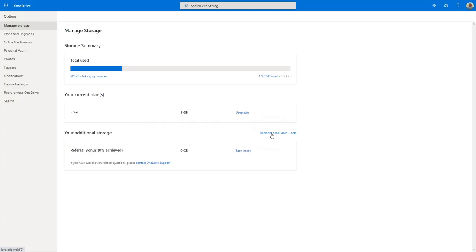So there are free upgrades out there if you Google it, which is pretty neat, and you can get referral bonuses that way as well. Here's where up here in the top corner we see plans upgrades, office file formats, personal vault, photos, tagging, notifications, device upgrades, device backups, restore your OneDrive, and even search.